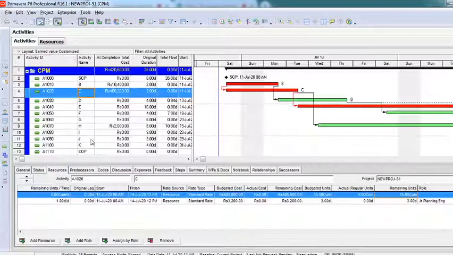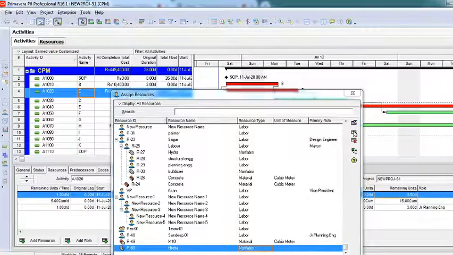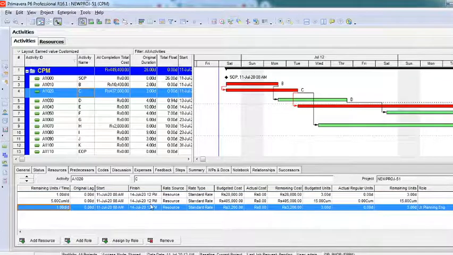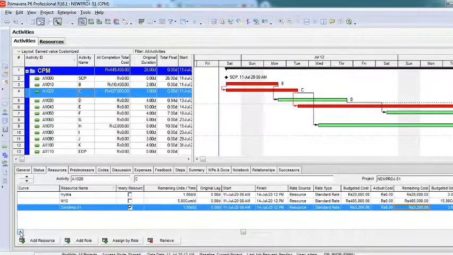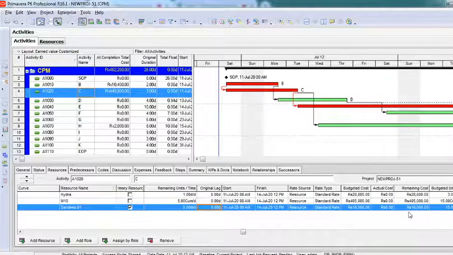Okay, now you can see here units and prices we have assigned per hour on a daily basis, and then when I go to the activity and I want to assign a Hydra to this activity, I'll say add Hydra, assign. You can see here the Hydra has been assigned from that particular date to that particular date, and 3 units it has taken, right? So it is taking only 3200 rupees per hour, per day. Sorry, it has been assigned per hour, right? So only 1 hour it has been taking per day. So I'll say it's 5 hours. Accordingly it is taking 16,000 rupees. Now this is per day. I'll change this to 15. Now you can see this is the cost it has been adding up, 48,000 rupees.